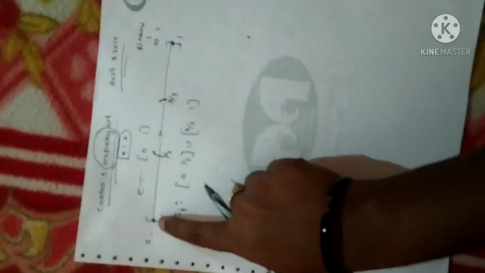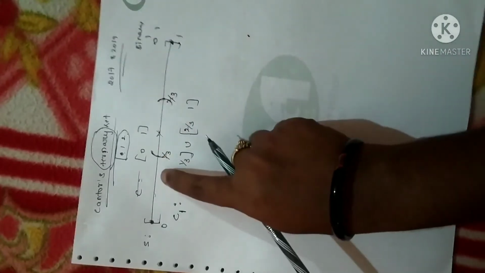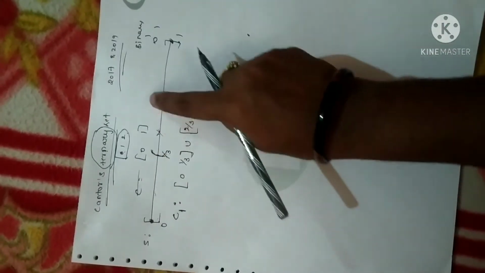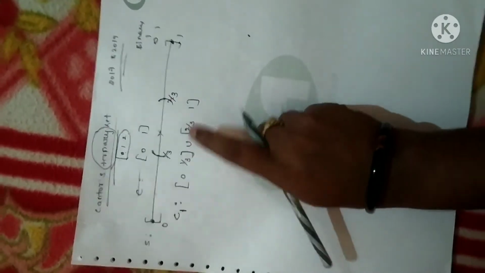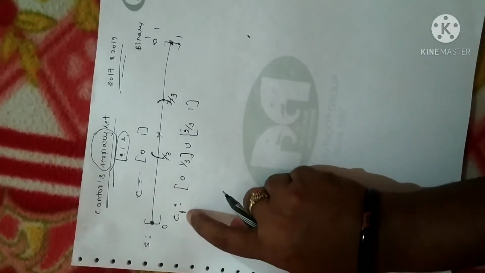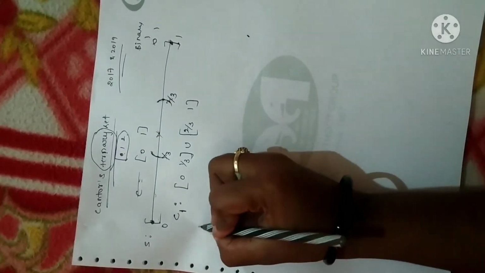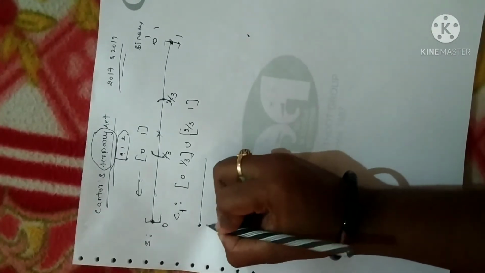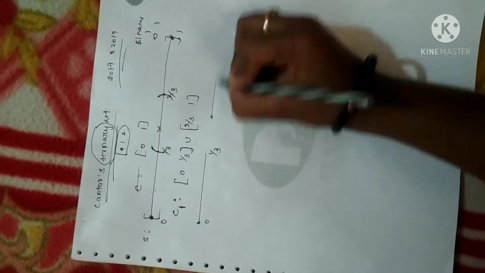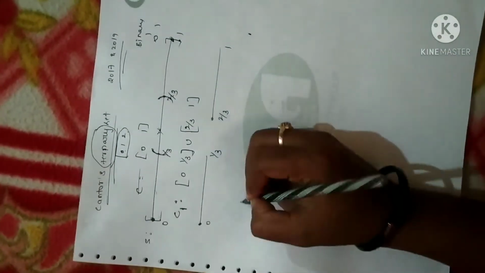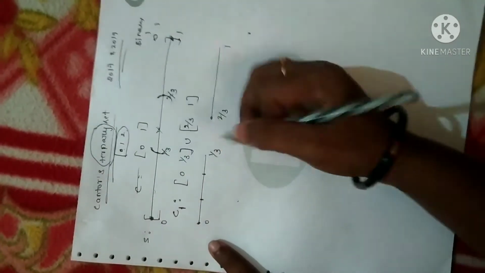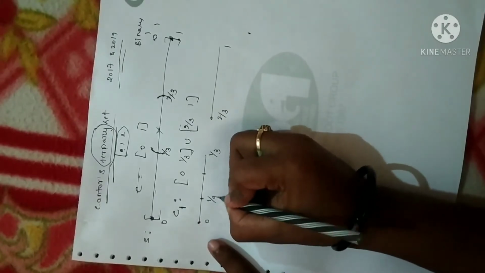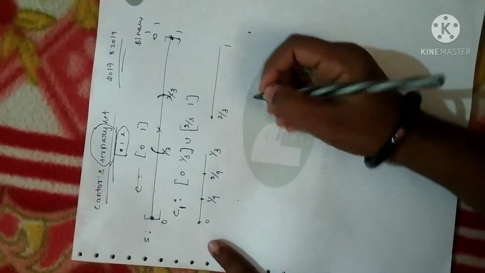Clear? What I did is I divided the interval into 3 portions and removed the middle portion, that is the middle open interval, so as to get the union of 2 closed intervals. Let me take that as C1 and the procedure continues. Right now what I have is 0, 1 by 3 and 2 by 3, 1. Now I am doing the same procedure. I am going to divide it into 3 portions using the same procedure. So I'll get 1 by 9 here, 2 by 9 here.